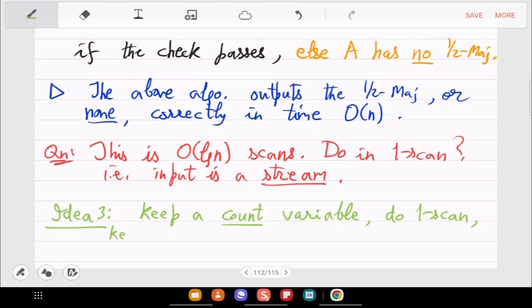Keep guessing this half majority x. And then ultimately verify.